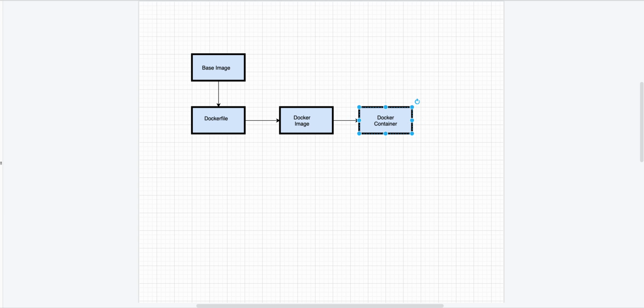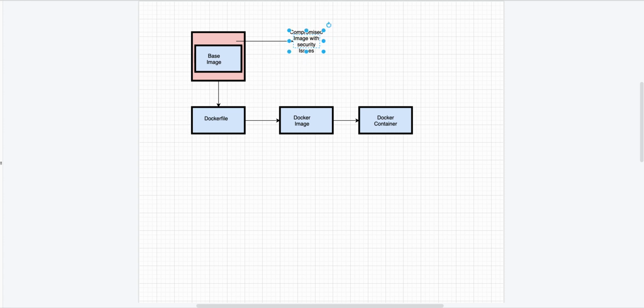Now if you look at this workflow, it might look pretty straightforward because you are creating the Dockerfile, creating the Docker image, which is running your Docker container. But there are still vulnerability issues that can crop in, mostly at the base image layer. Suppose you use a base image unknowingly where the base image itself is compromised.